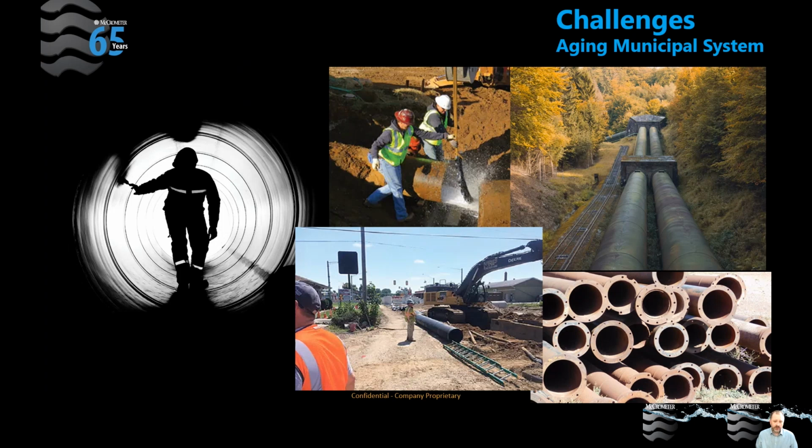Pipes that are over 100 years, over 120 years old. We're well regarded across the globe as having a very good utility municipal infrastructure in the States. And what we need to try and do is access, understand, and monitor and measure how we can improve, how we can replace, how we can understand the network and the challenges that we've got going through from the clean side. So whether we're understanding the investment which is needed on our current assets, so whether that's main pipelines,